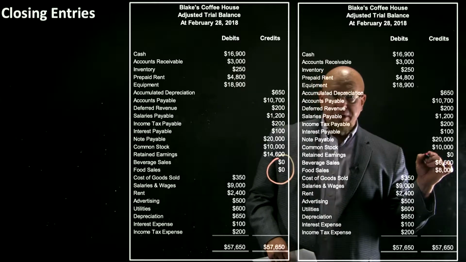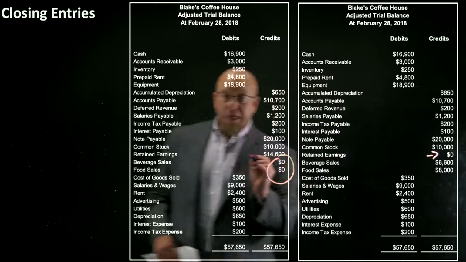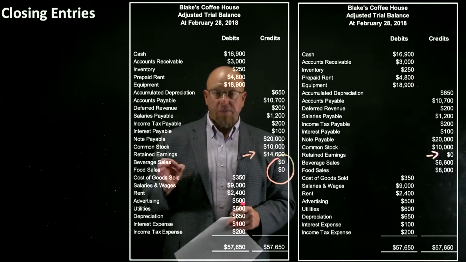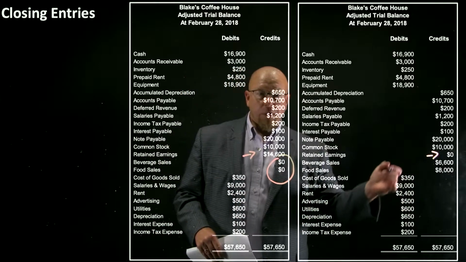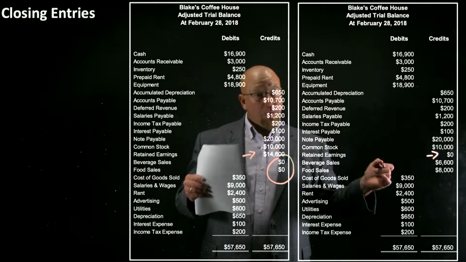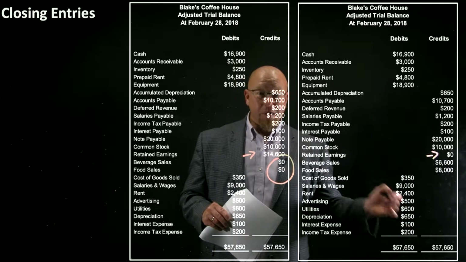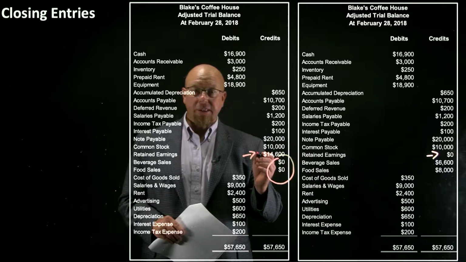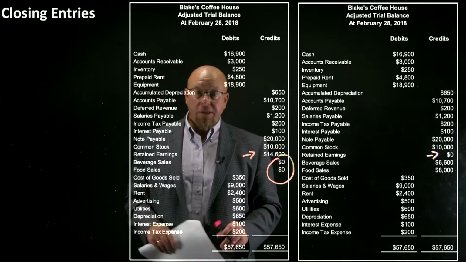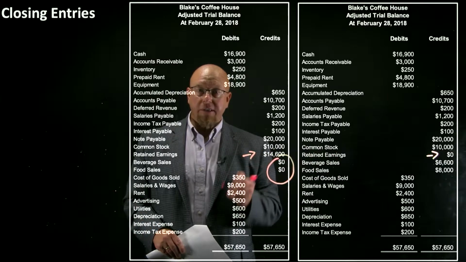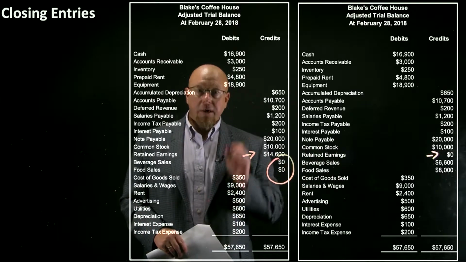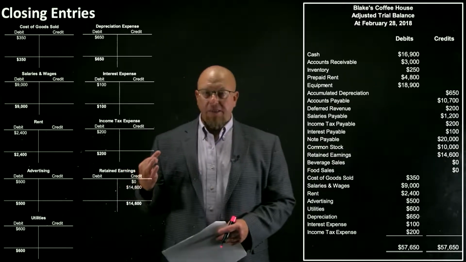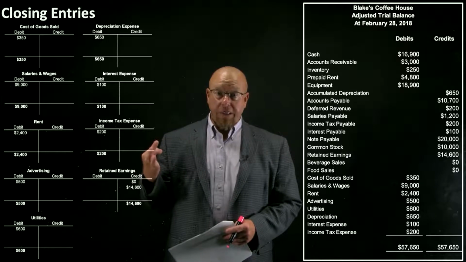Retained earnings used to be 0. Now retained earnings is bigger, okay, because of the revenues. What we're going to see in just a moment is that we're going to have to close out all of these expense accounts. And when we do that, converting these to 0 is going to reduce this retained earnings balance. It's not going to be $14,600. And in fact, you've already seen the balance sheet. You know this retained earnings balance is going to drop to $800. But let's prove it. Let's prove that $800 balance in retained earnings that we know really needs to be reported